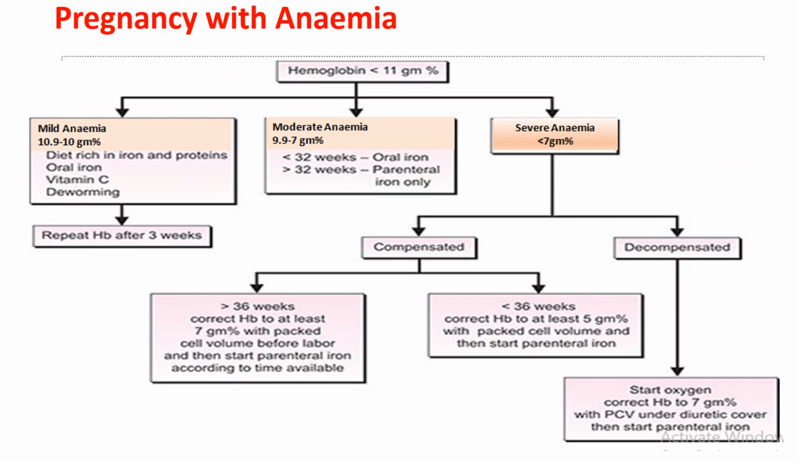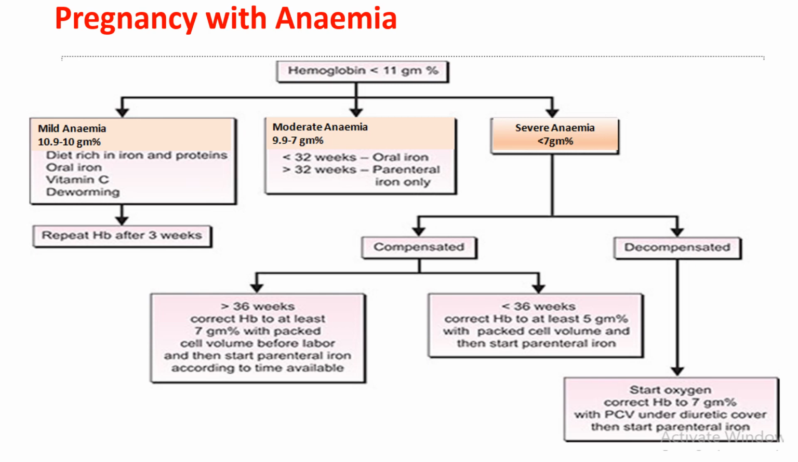Now, when you have a case of pregnancy with anemia, depending on the hemoglobin level, the management will differ. Whenever the hemoglobin is below 11 gram%, it is pregnancy with anemia. In case of mild anemia, one has to go for a diet rich in iron, oral iron, vitamin C and deworming, and repeat the hemoglobin after 3 weeks, because that is the minimum period hemoglobin takes to